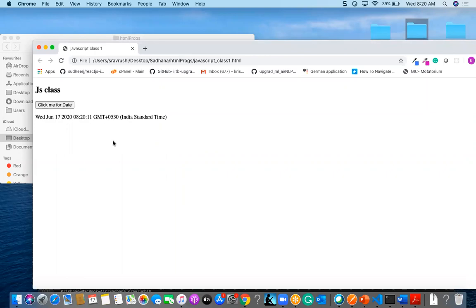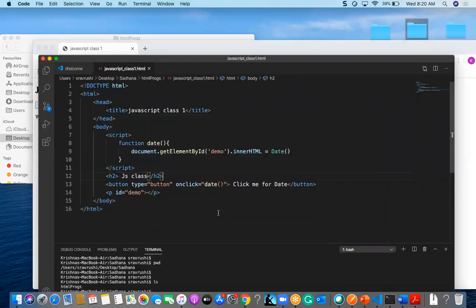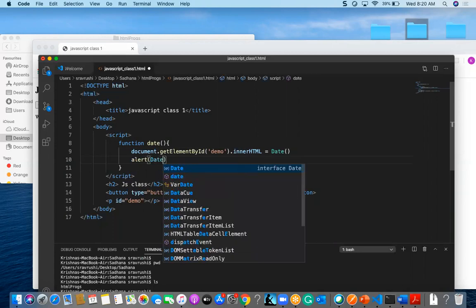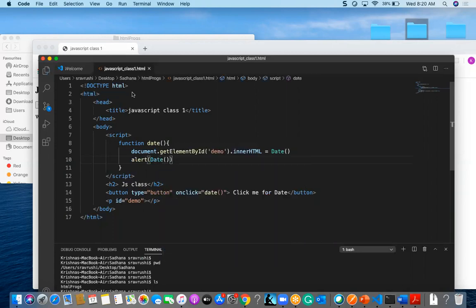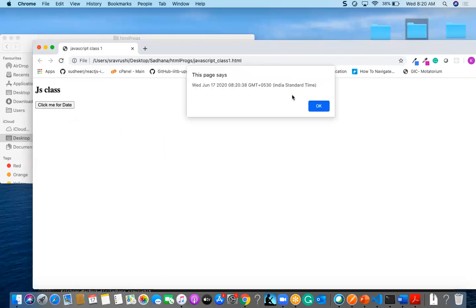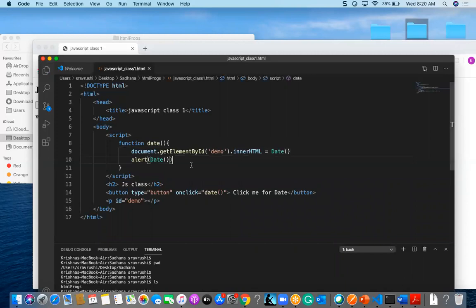So we can also bring that application, or whatever statement I gave here, outside. And if I want to give some alert, I can mention some alert here, alert date, and I can find it here.